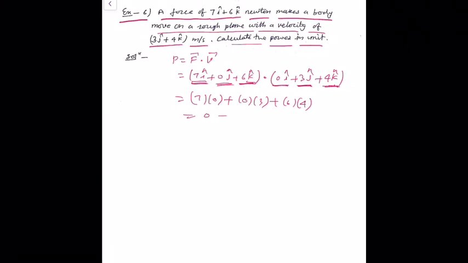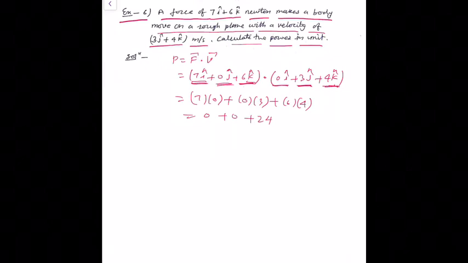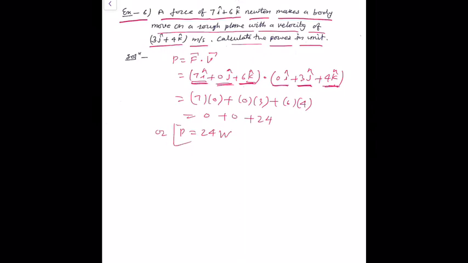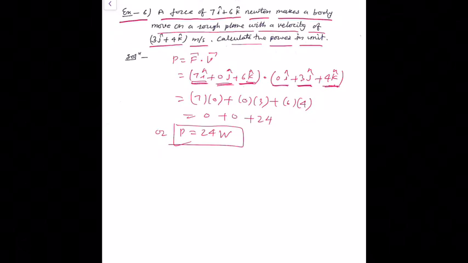So 7 into 0, 0, plus 3 into 0, 0, plus 24, or we can write P equal to 24 watt. It is the final answer. That's all for